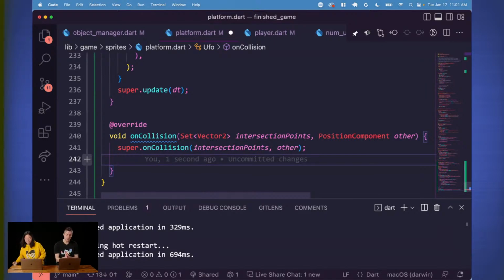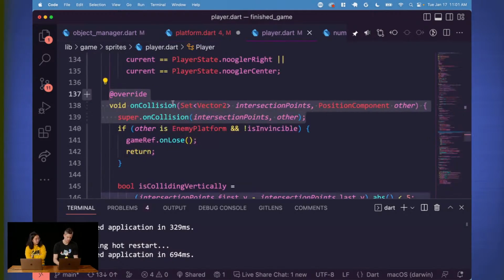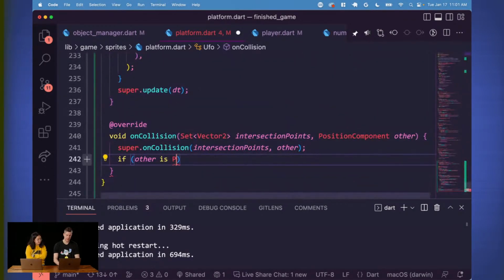Okay, so at this moment, we know that a laser beam is hitting. No, we don't know that a laser beam is hitting Dash. We know that the laser beam is hitting something. That's what we know. So what we need to do is say if other is, and then what's the right class here? Is it called player? Player. Okay. So if other is a player,